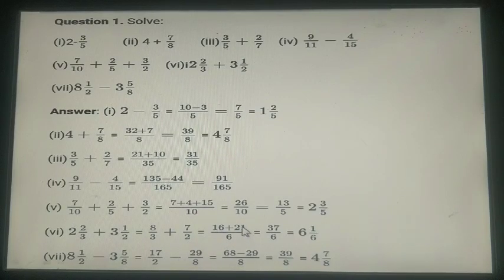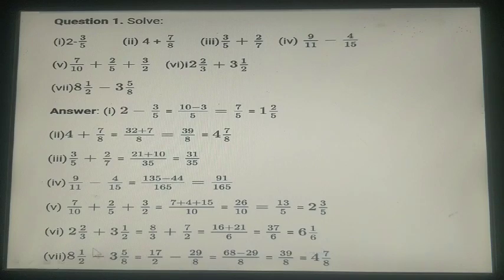16 plus 21 will be in your numerators by doing the same procedures as we have done in the earlier questions. 3 and 2 have the LCM as 6. 6 divided by 3 will give you 2. 2 into 8 is 16 plus 6 divided by 2 is 3. 3 multiplied by the numerator 7 will give you 21. Very simple way. 16 plus 21 will give you 37 upon 6. Further divided and get the answer in the mixed fraction form as 6, 1 by 6.